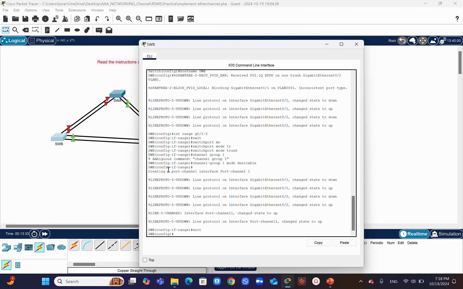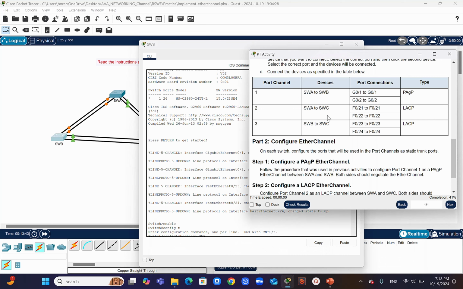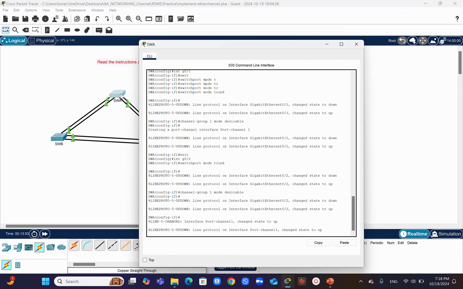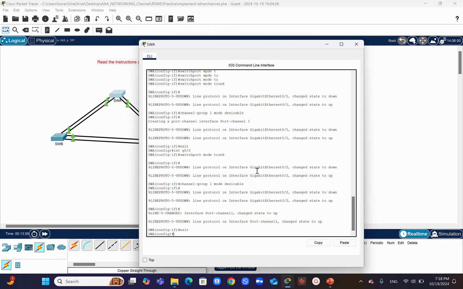Switch. Now we have to go from switch A to switch B, configuring the link aggregation control protocol, EtherChannel protocol. So let's go to switch A once again, exit, and now we have to configure